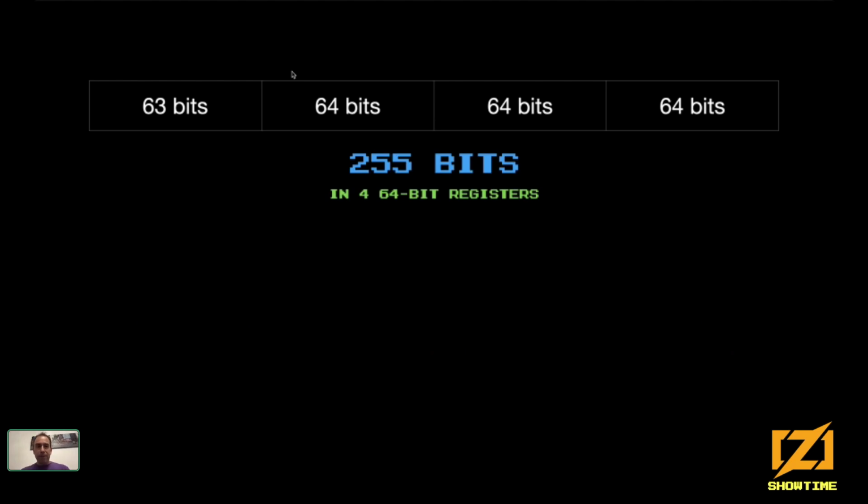So first problem first, how do we store such a number? Because it's a pretty big number. It doesn't fit in a 64-bit register. So what we can do, pretty simple, is use more registers. We are going to store 255 bits in 4 64-bit registers, or even if it's not registers, 64-bit words somewhere in memory. So that works. We even have one spare bit that we can use for anything, maybe store the sign or whatever. So this is great. Simple.